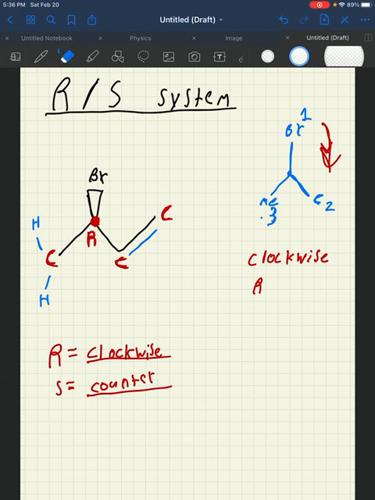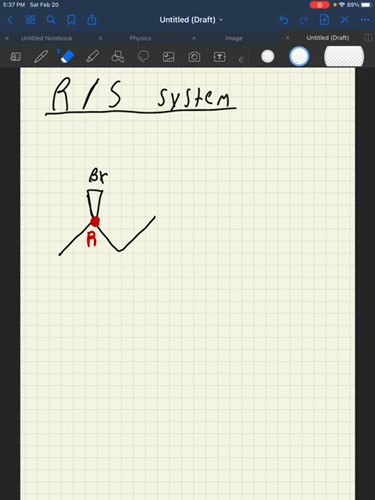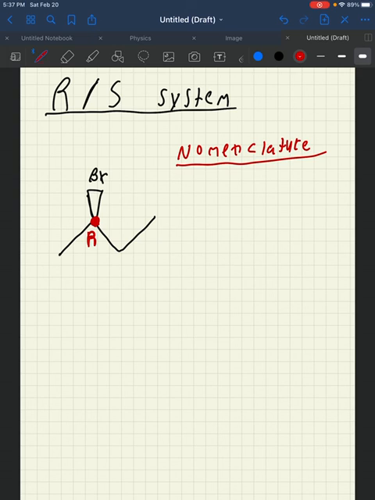Now you're probably like, Ross, how is this helpful? Well, there's a couple ways it's helpful. I'll go over the main ways in the next video. But for right now, it's going to be helpful for nomenclature. You're going to have to name this. So what is this? Well, first off, use your nomenclature skills overall. We know that this is 1, we know this is 2, we know this is 3, and we know this is 4. So this is going to be, put in the brackets,